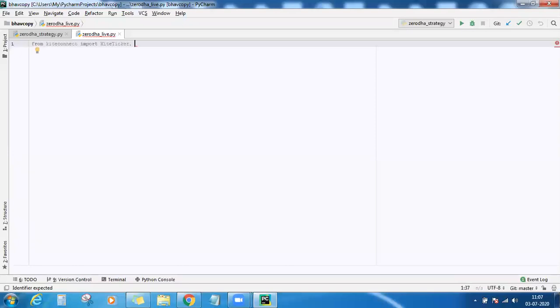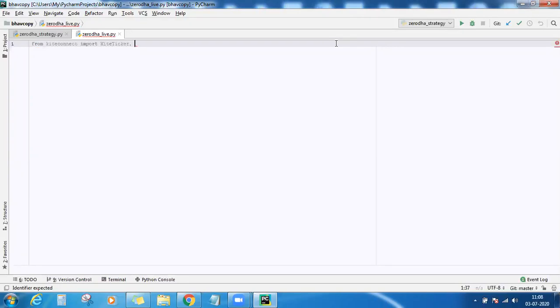Now, if you use this KiteTicker and store the live tick data into your database, then you need not depend on the historical data. But we know storing second-by-second data and then resampling it to minute, hourly or daily data is a tedious task for us. We need lots and lots of memory and lots of computing power, so we'll need to depend on high-configuration machines. At the same time, if you use the historical data API, it will happen within a jiffy.